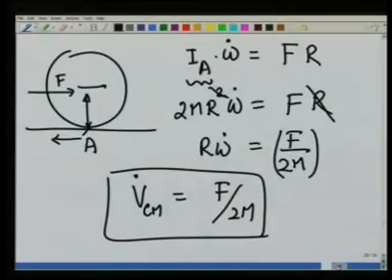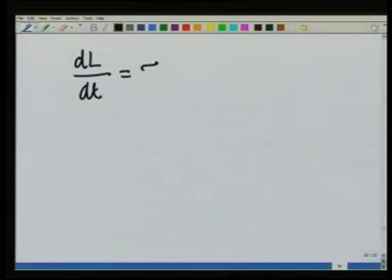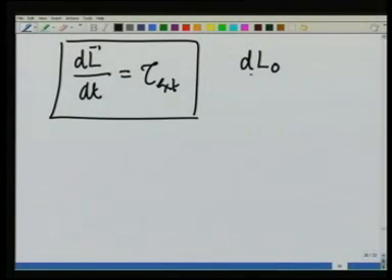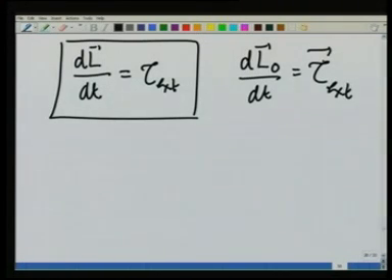So, this is another example of how the combination of translational and rotational motion can be solved. What we have done in this lecture so far is considered various applications of the equation dL over dt equals tau external, in those problems where the axis of rotation remains fixed or it translates parallel to itself. In that case we saw that we apply dL_O over dt is equal to tau external, where O is either the CM or a uniformly moving point,